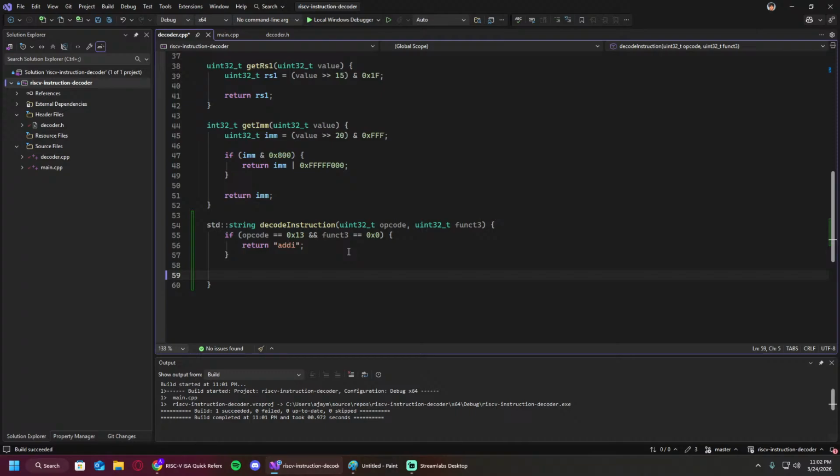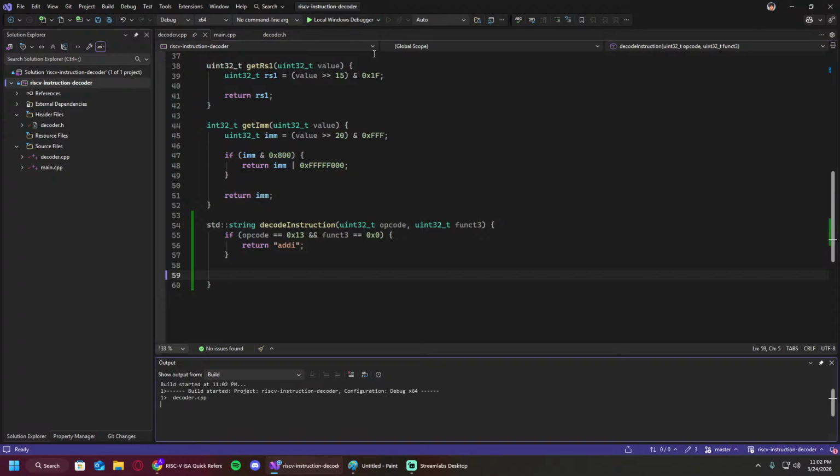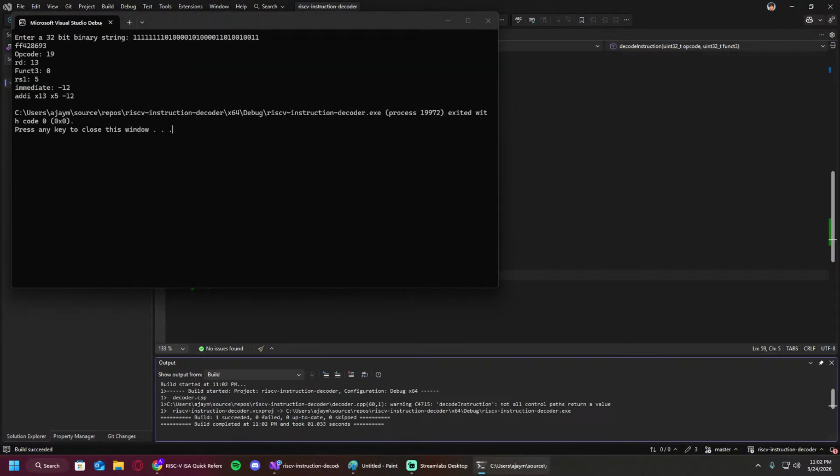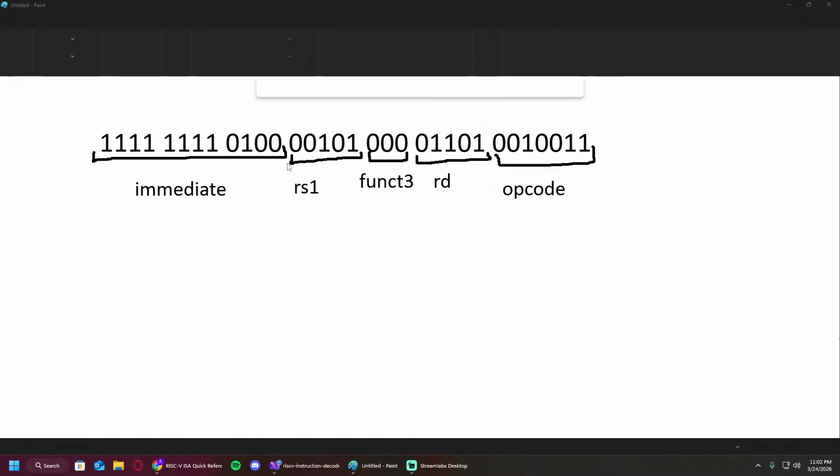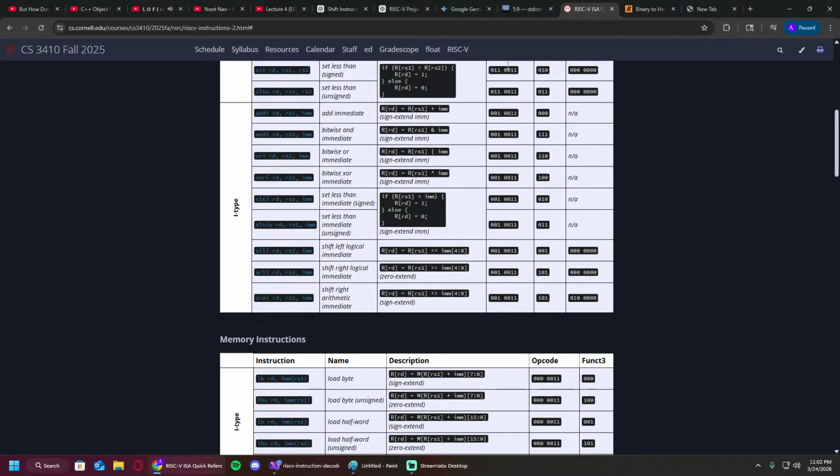That one does work. Let me just see it again one more time. Okay, so we have output 19, 13, and yeah, I think everything's right there. Let's try and load a new instruction now. Let's try doing shift left logical,